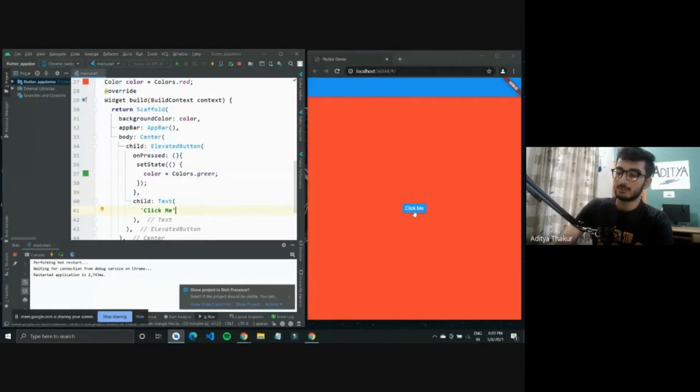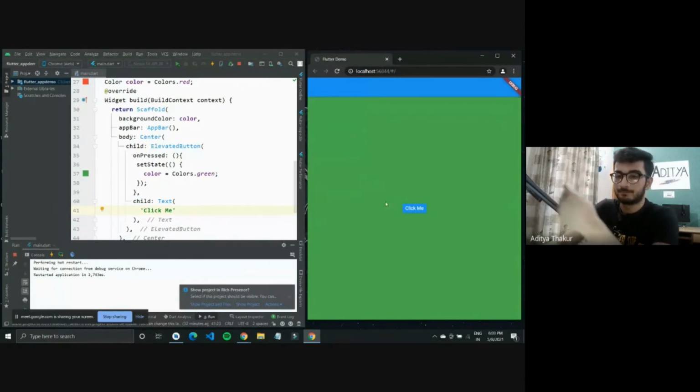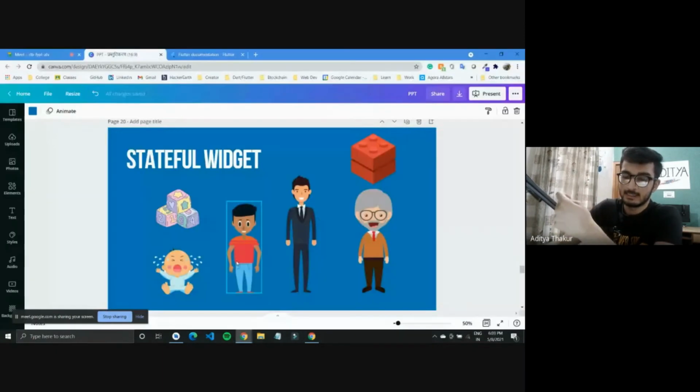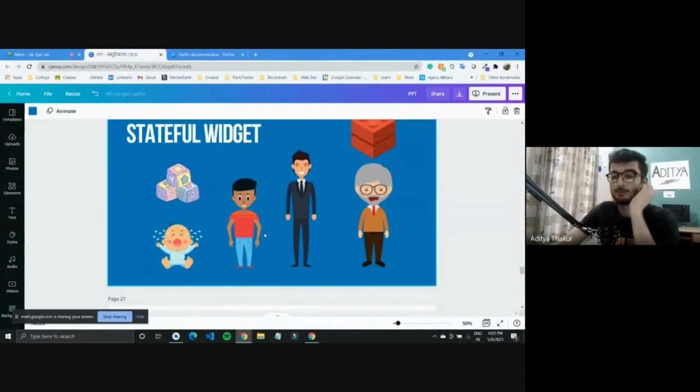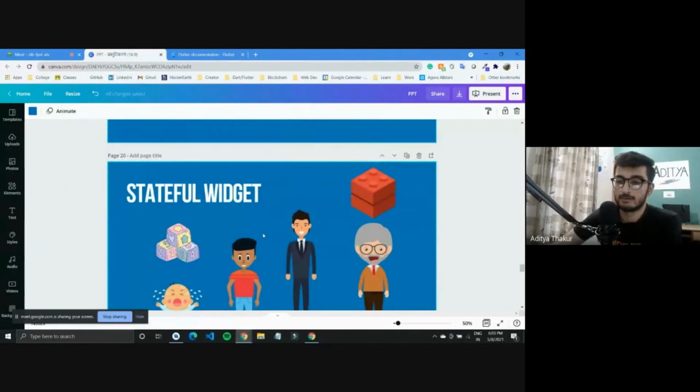So when we tap on this button, the color should update and change to green. So these are the stateful widgets where you don't have to rebuild everything, and it would just show up on the screen when you update the state.